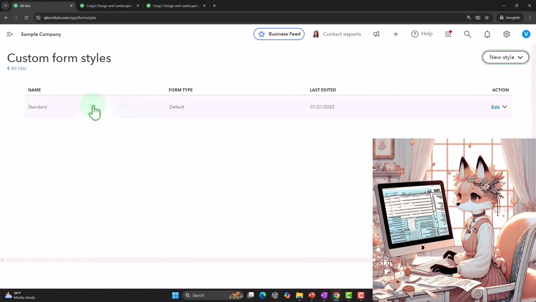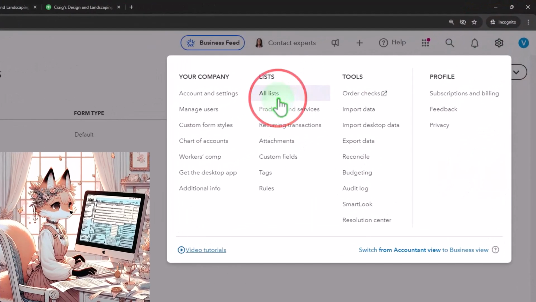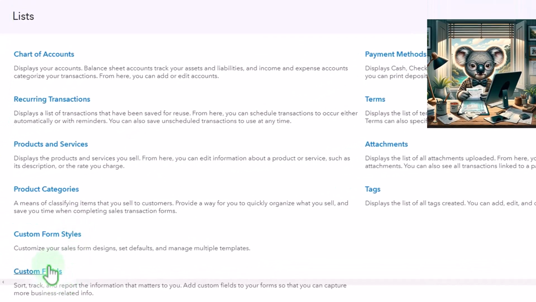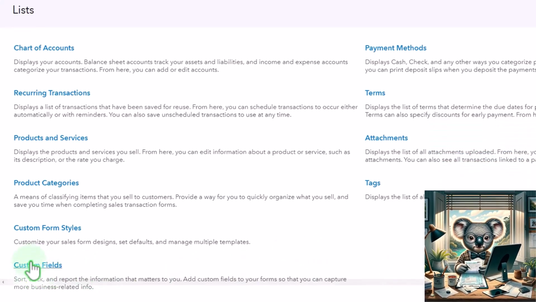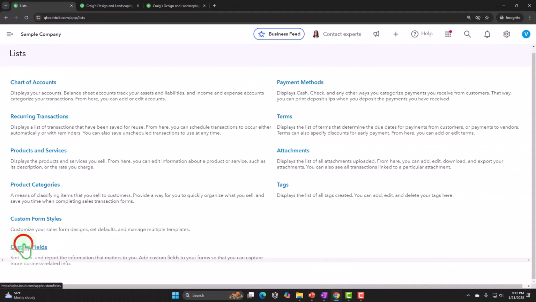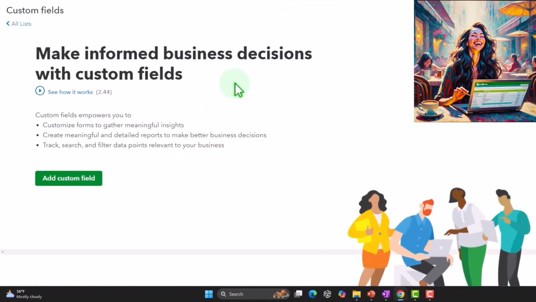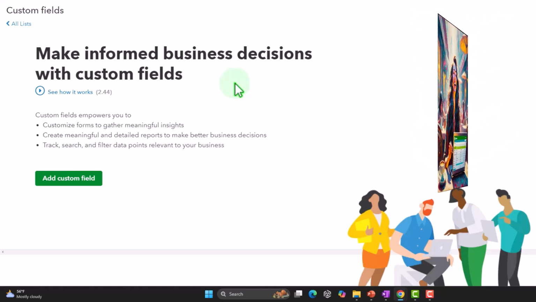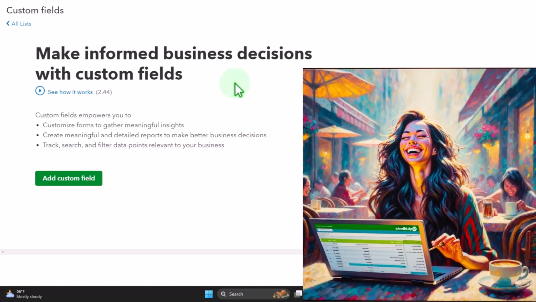All right, so we have another course or section on that. Let's go to the drop down again, back into the lists, and custom fields, custom forms. We've got the custom fields: sort, track, and report information that matters to you. Add custom fields. So now we're thinking about making informed business decisions with customers. You can add custom fields, which once again might help you with recording specialized types of transactions and tracking specialized